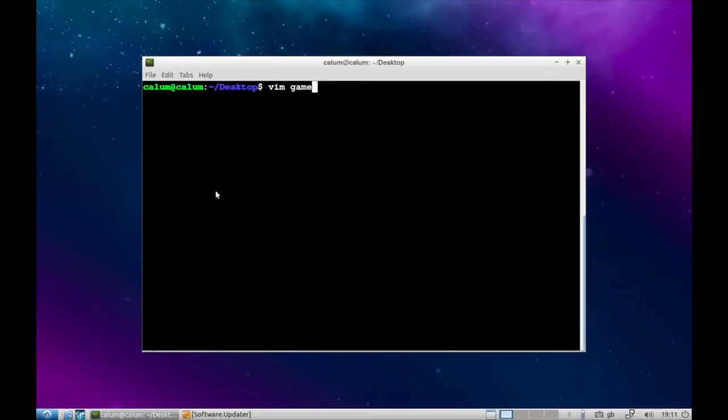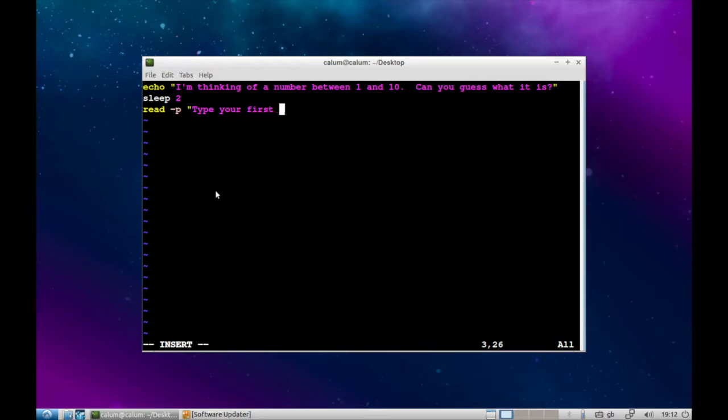So let's make a game where the user has to guess a number, and let's just make that number 4. We'll explain the game to the user and ask them for the first guess, which we're going to save in a variable quite imaginatively called number. Then while this number is not equal to 4, we're going to tell them, nope, you guessed wrong, and ask them to have another go.